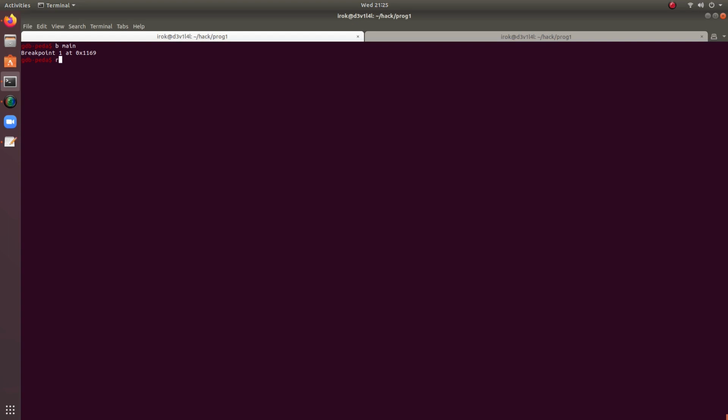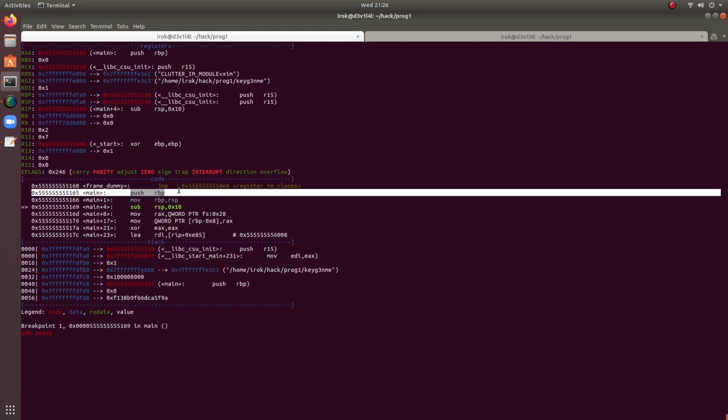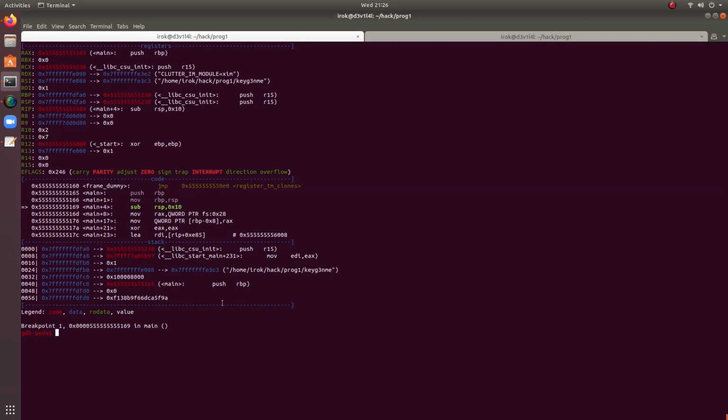So run, and see, breakpoint 1. Currently we are inside the main function. See, main function is loaded and currently we are at this point. Now if I simply continue it by c, it will ask for input and it will give